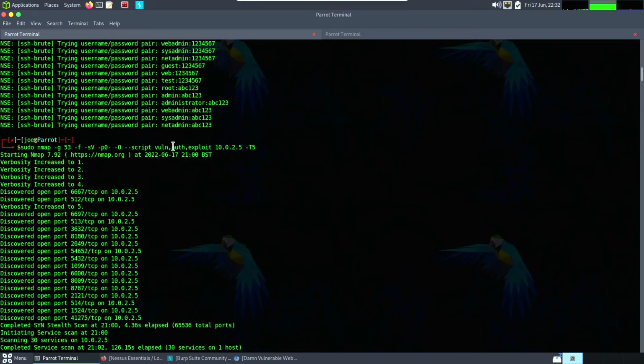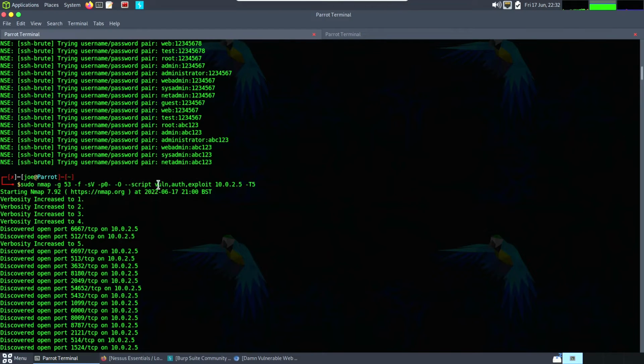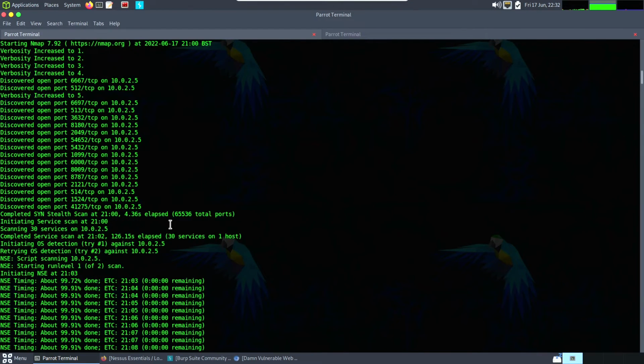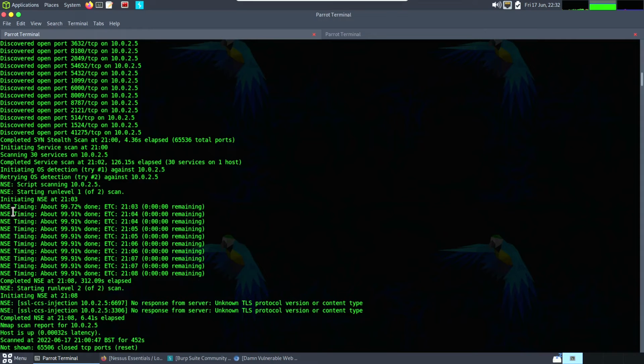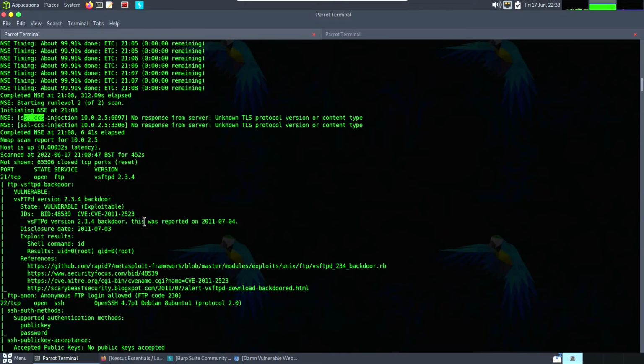And that will go through all the different services, you know, probably starting at lowest and working its way up. You can see there it's done SSH brute. But yeah, I've removed that and I just ran it without the brute script. Now if we go through, you can see it's finding all these open ports, and now it's running all these NSE scripts. And you can see there it's looking for things like SSL and CSS injection,